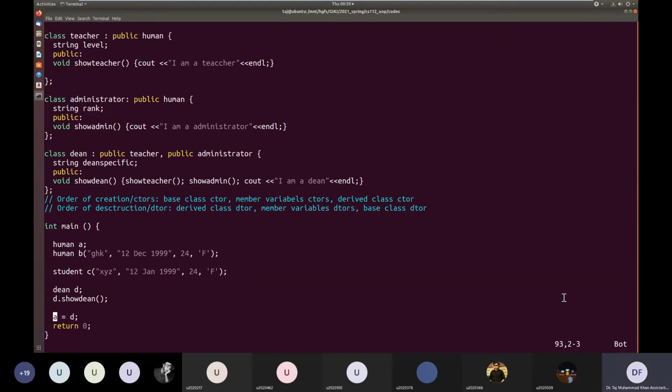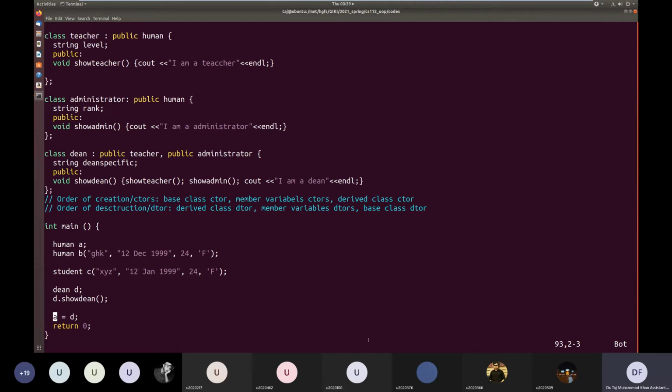Object A has less space than object D of type Dean, so we cannot copy all the data of the object D into the object A, because simply object A does not have enough space. So it will only copy that part of the object Dean which is common with the object